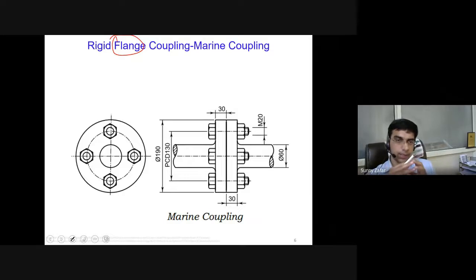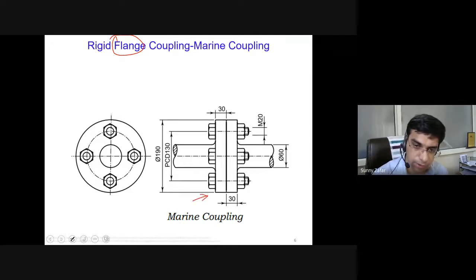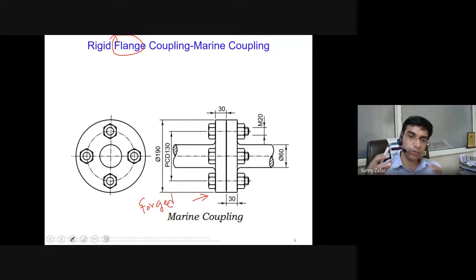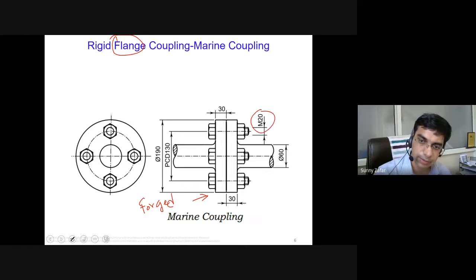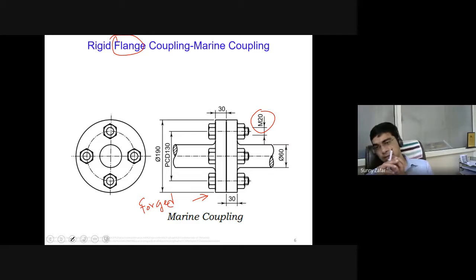Now these flanges, there are two ways to make these flanges. One way is to develop these flanges on the shaft itself. Means the ends of the shaft can be forged, so that you create these type of flange, and then you create holes in this flange, and you pass the bolt, you lock the two flanges together using these M20 bolts. M20 means it is a metric thread with 20 nominal diameter.